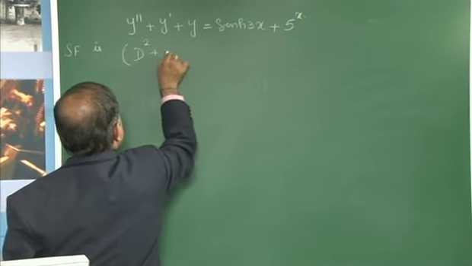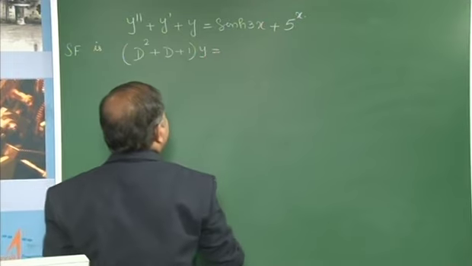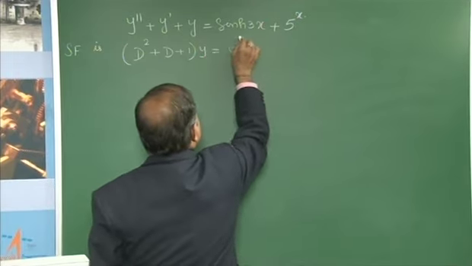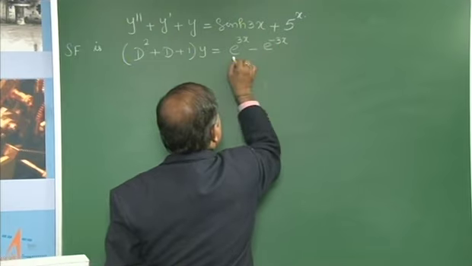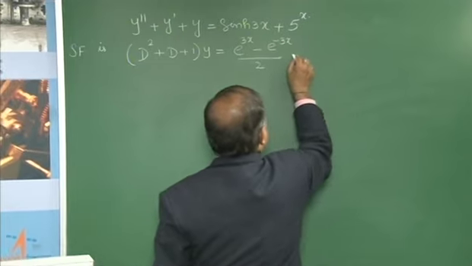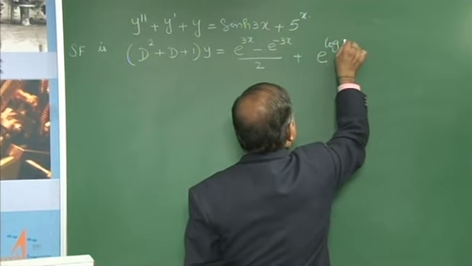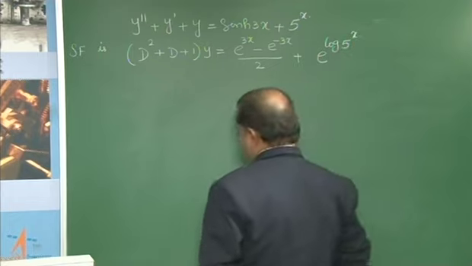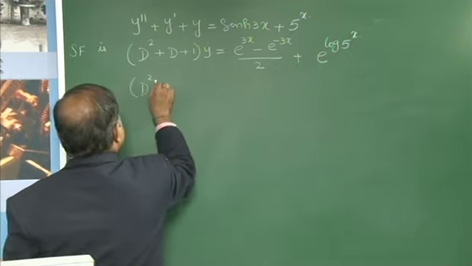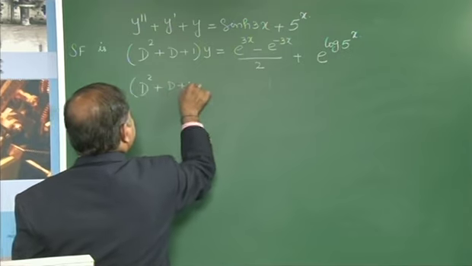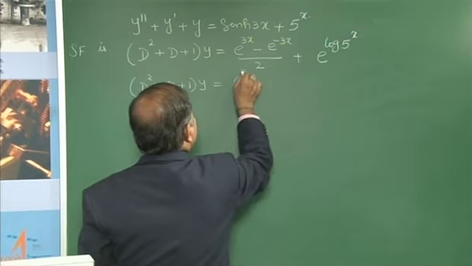(D² + D + 1) y = (e^3x − e^−3x)/2 + e^(log 5)^x, which we have done in the previous question. So, if I simplify, (D² + D + 1) y = e^3x